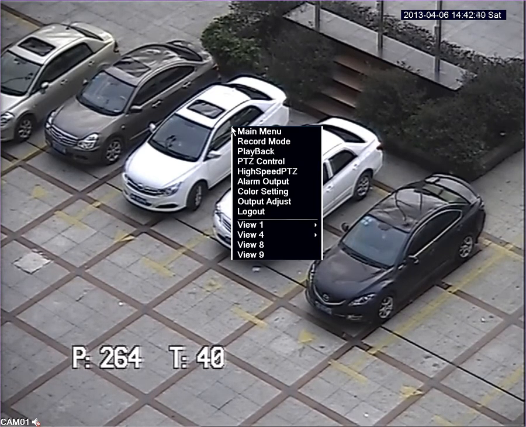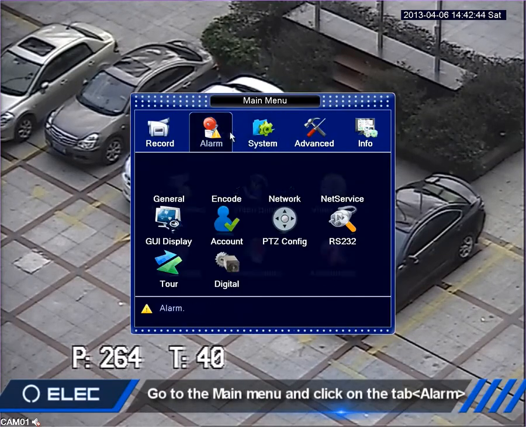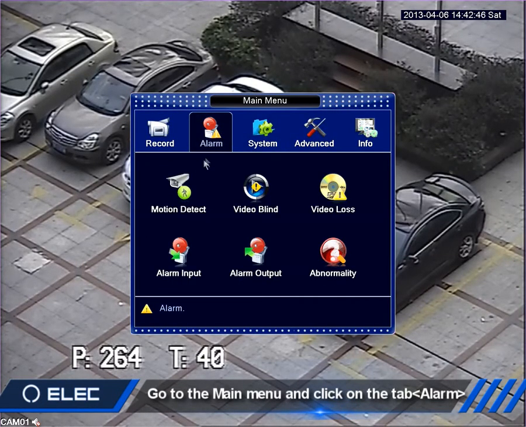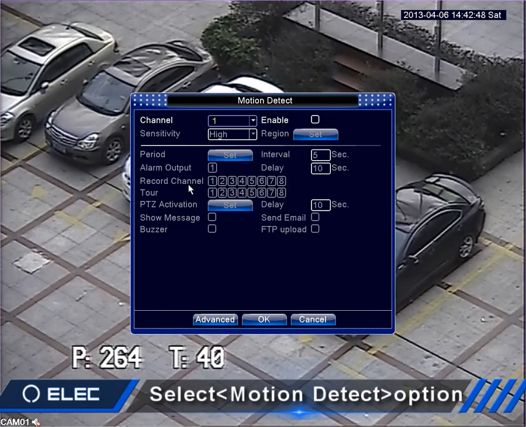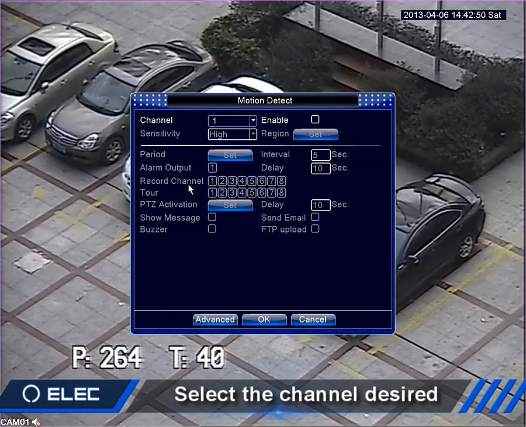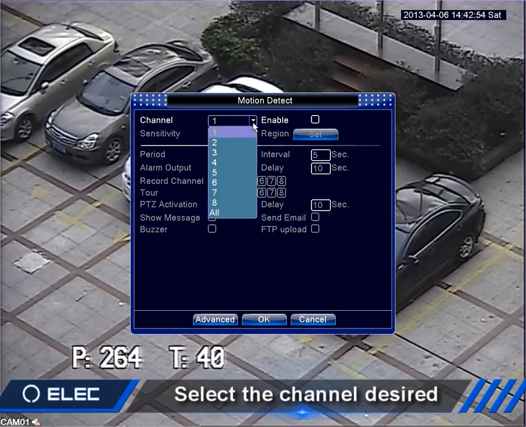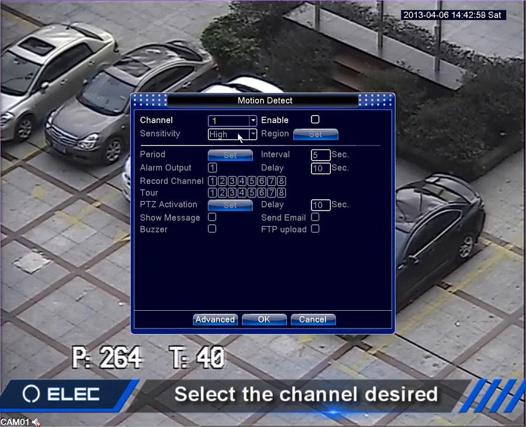Let's set up the parameters for your motion detect function. First of all, let's go into the alarm tab and click on motion detect. Select the channel that we are setting the parameters for. Let's do it with channel 1, which means that only channel 1 will follow the motion detect parameters that you